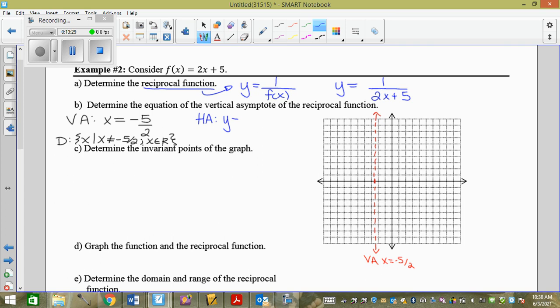is y equals 0. If it's a reciprocal function, that should make you happy. Because for reciprocal functions, the horizontal asymptote will always be y equals 0, because reciprocal functions always cause you to have the number 1 over a function, and a function has an x, or a variable, correct? Whenever we've got a number over a variable, we get y equals 0 every single time. So for every single reciprocal graph, your horizontal asymptote's instantly done. That's the great part about a reciprocal. Enjoy it, because there are other things that aren't as fun. But that is. So our range then will always be, for a reciprocal, y such that y cannot equal 0,